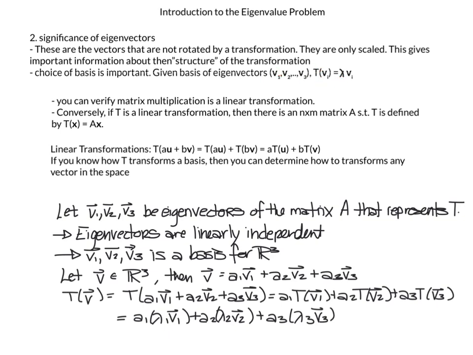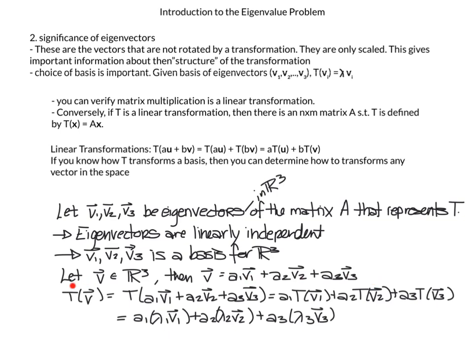let's assume we have eigenvectors v1, v2, v3 of a matrix A, and the matrix A represents a transform T. So the eigenvectors are linearly independent. This is a theorem that I haven't gone through yet, but I'm just going to give this to you as a fact. Eigenvectors are linearly independent, and since we have 3 eigenvectors, they will form a basis for R3. So that means any vector in R3 can be written as a linear combination of our v1, v2, and v3